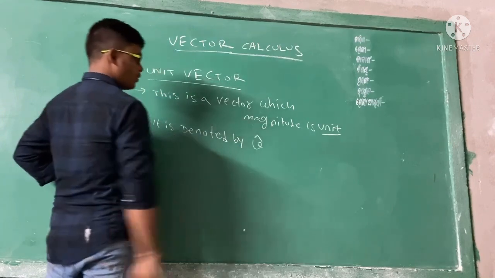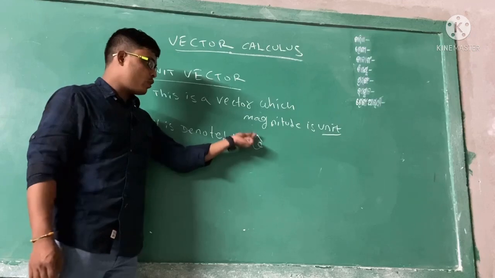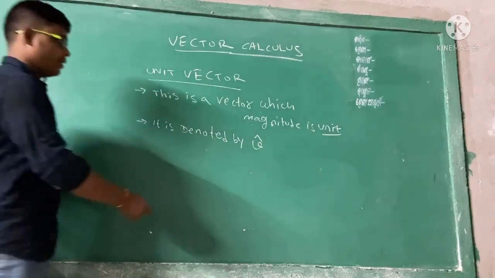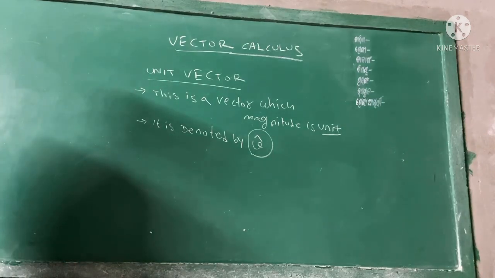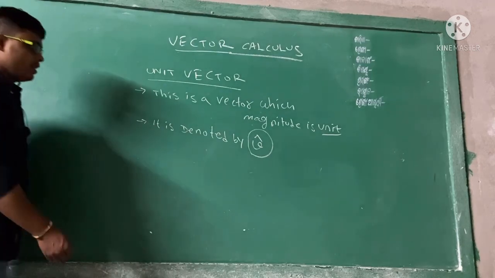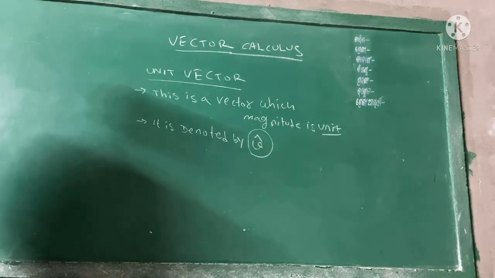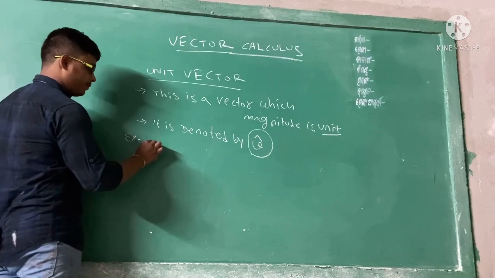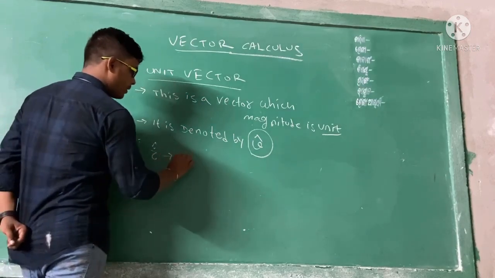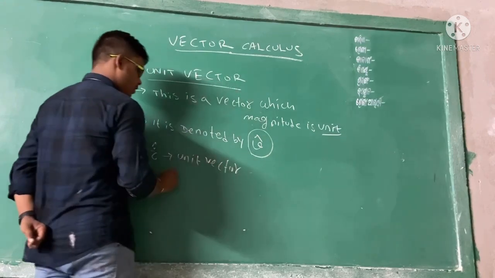So how many axes do we have? We have 3 axes, x, y and z. If you look into the corner, we have x, y, z. So a vector is denoted by v cap. That means the unit vector is represented by v cap, not the vector. So any unit vector we can represent as v cap. Suppose in the question a vector is given. So how will we find the unit vector? It has some equation. So let us discuss what the unit vectors are.